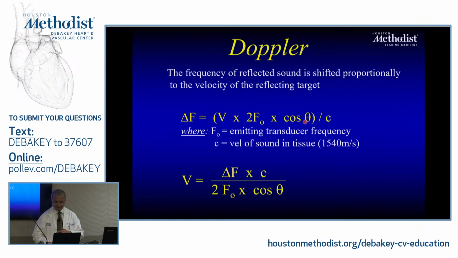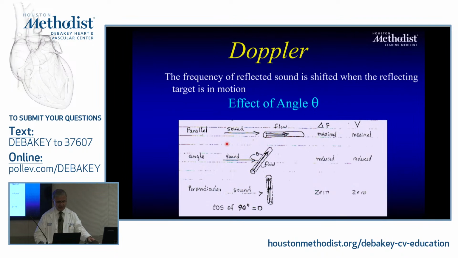Got it? All right, so what do we do in real life? In the old days, the scale was a frequency shift scale. Nowadays, you see velocity. It's already solved for you, provided that your angulation is minimal. It's not including angulation, so you have to work yourself to make sure that the images that you acquire have the least angulation.